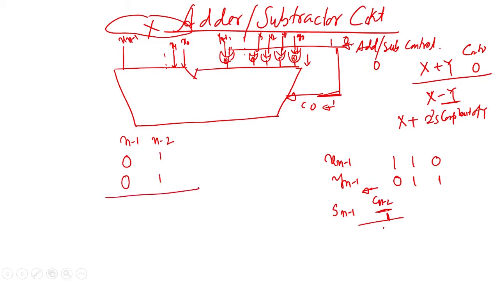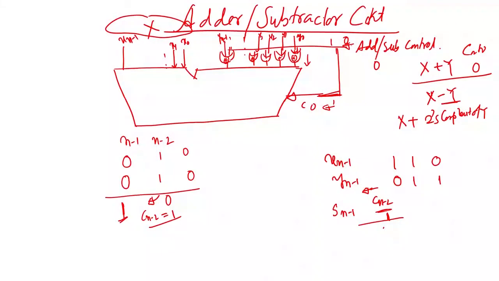Now, while you add it, let us say earlier this position was 0. Now 1 1, so this will come 0 and this will be carry out. So, C n minus 2 will be 1. Now, if you add this carry here, what will be the sign? The sign will change to 1. The sign is changing when you are adding two numbers, from plus, 0 0, to 1, which means there is an overflow.